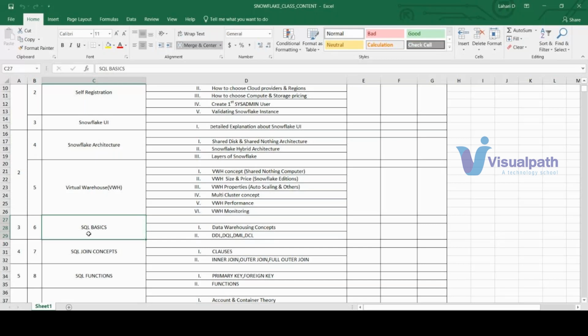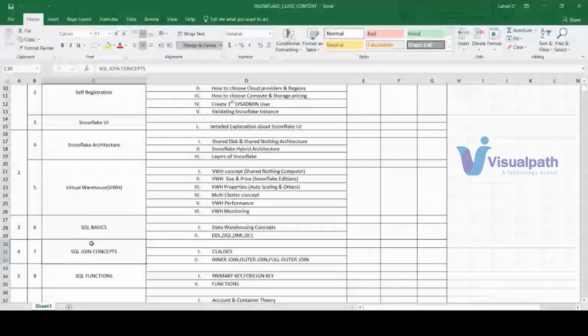And next, the join concept. We might have learned SQL through YouTube or somewhere, but we got stuck in the joins concepts. We will not understand very clearly what is the join, why we are going to join, what type of things are required for a join, and what is inner join, outer joins, full joins. Everything we will see in detail with representation, like each and every step of what happens. Inner join is a matching of records, but how these matching records come, everything we'll see in detail